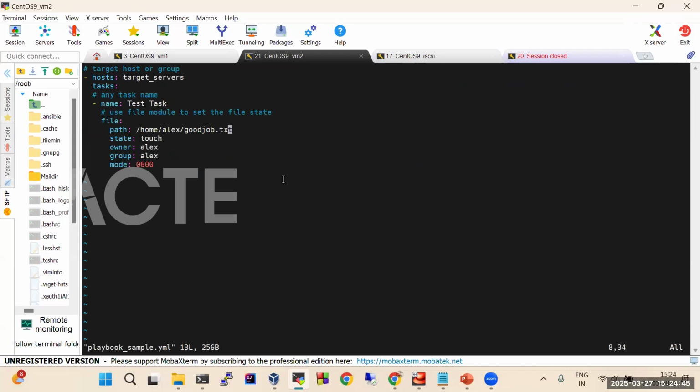It's a very simple playbook. This is a YAML file. Hash is for commenting. Comment means invalidating the line. So I have just given the target host or group. This is a comment. Then it starts with hosts colon target_servers. This is the group which I had created, which refers to the two nodes. So these are the hosts that it has to take care of, or configure, and the task is